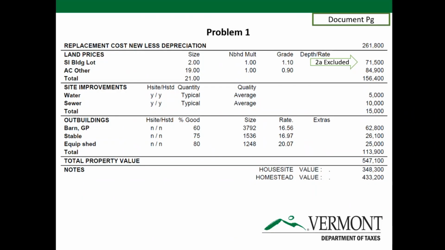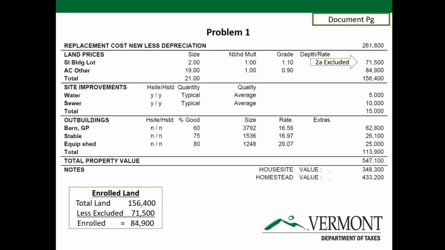There we go. Okay, so we're going to put that right in under homestead because we know it's homestead and excluded land. So column 2, row 3, 71.5. We can also put it in the total column, column 1, row 3, excluded land. And then our next calculation is to say, okay, now that I've done that per statute as a standalone parcel,